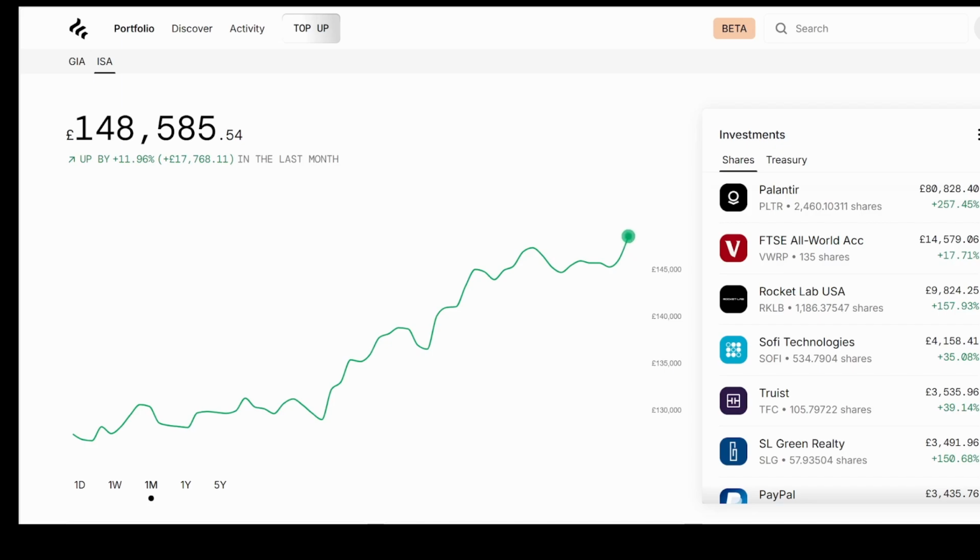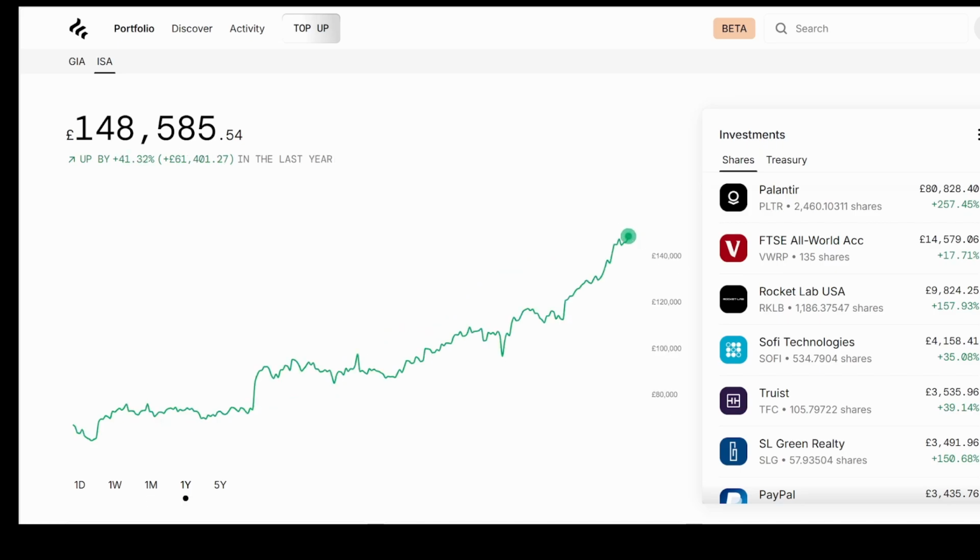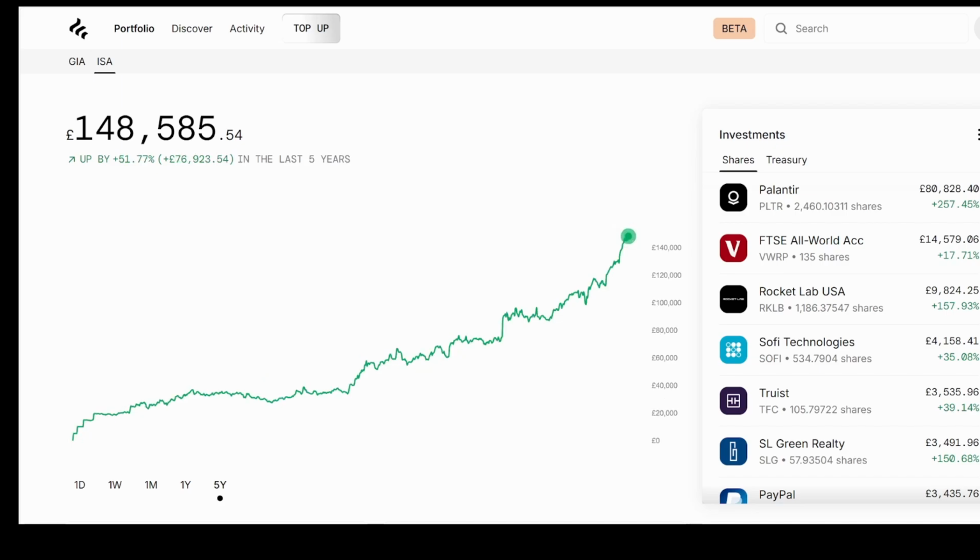Talking about things being good, my Freetrade ISA is doing very well. The value of this sits at a new all-time high of 148,585. And just in the past month, the portfolio is up by 11.96, or basically 12%, which is the equivalent of £17,768. Just taking a look back at the past year's performance, the portfolio is up by 41%, or the equivalent of around 61,000. And all-time performance, it's up by 51.77%, or the equivalent of